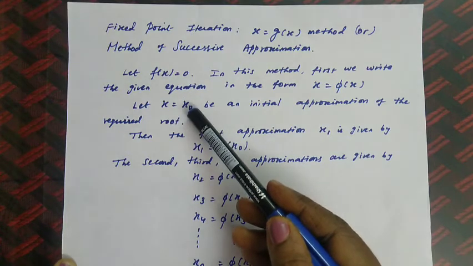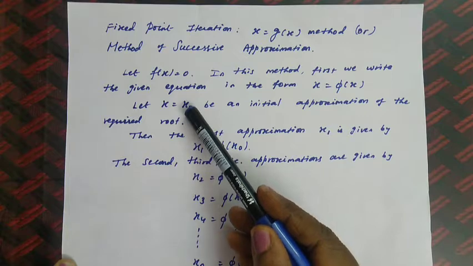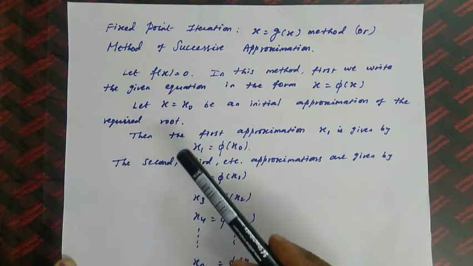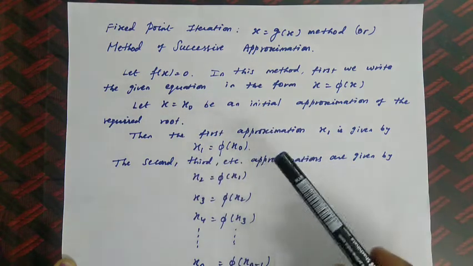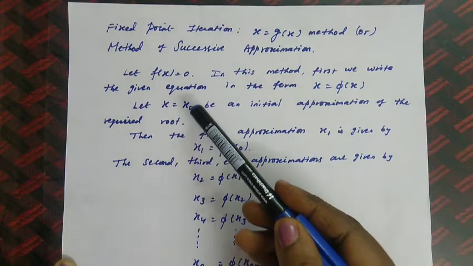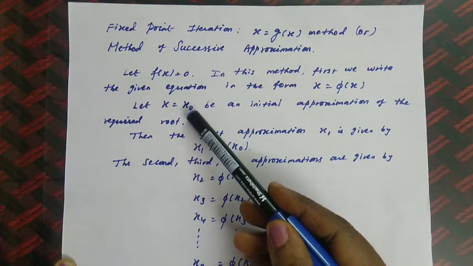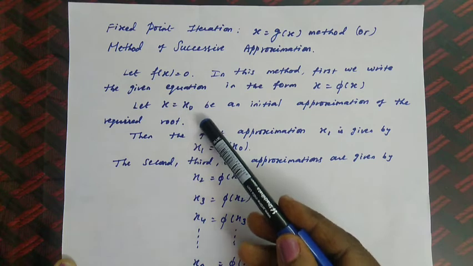This we have already discussed in the Raphson method, that is, the interval given in the question. The root lies between a and b, which means f of a and f of b have opposite signs; then we can say that the root lies between a and b. Likewise, we can take our initial value of x. After that, we will go for the iteration.